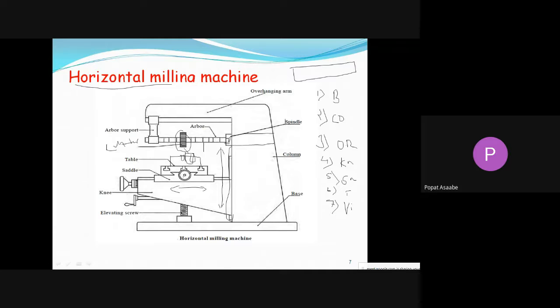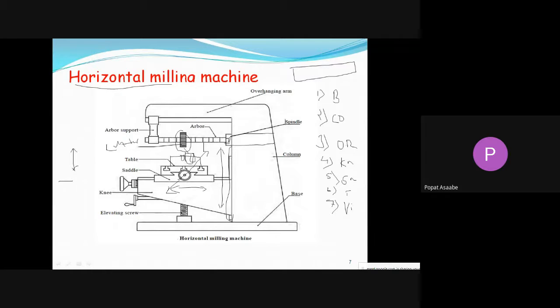Also, we can give the feed to that table in crosswise direction. Means you have to remember, in that horizontal milling machine, that knee moves up and down with the help of that elevating screw.